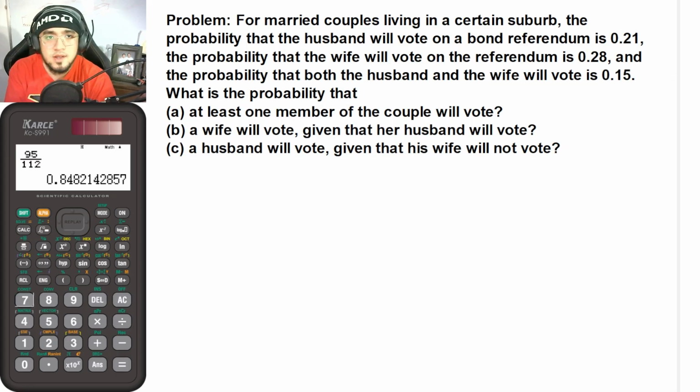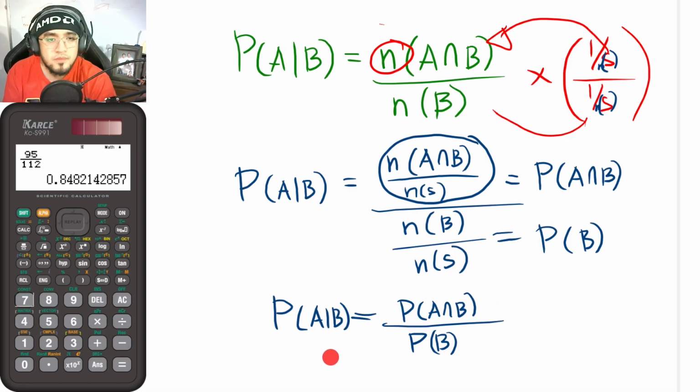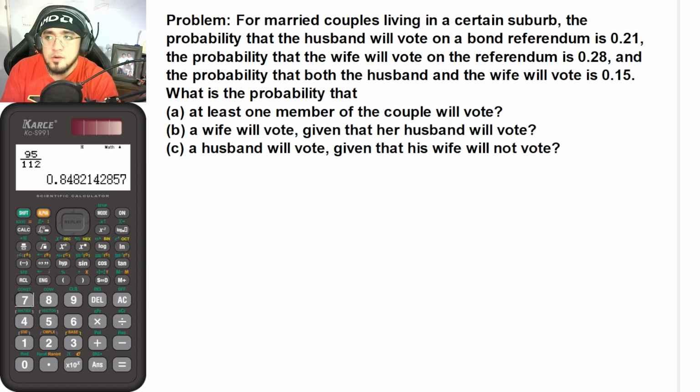Okay, so once again, our new equation would now be this equation here. So with that, guys, I will now refer to the given as. So for the first probability here, this is now the probability that the husband will vote on a bond referendum. Okay, so by the way, guys, for those of you who do not know what a bond referendum is,